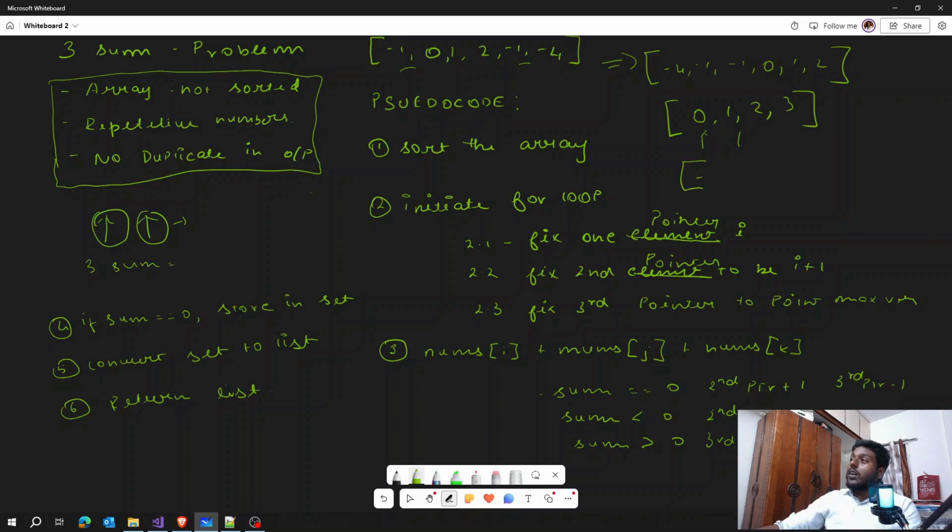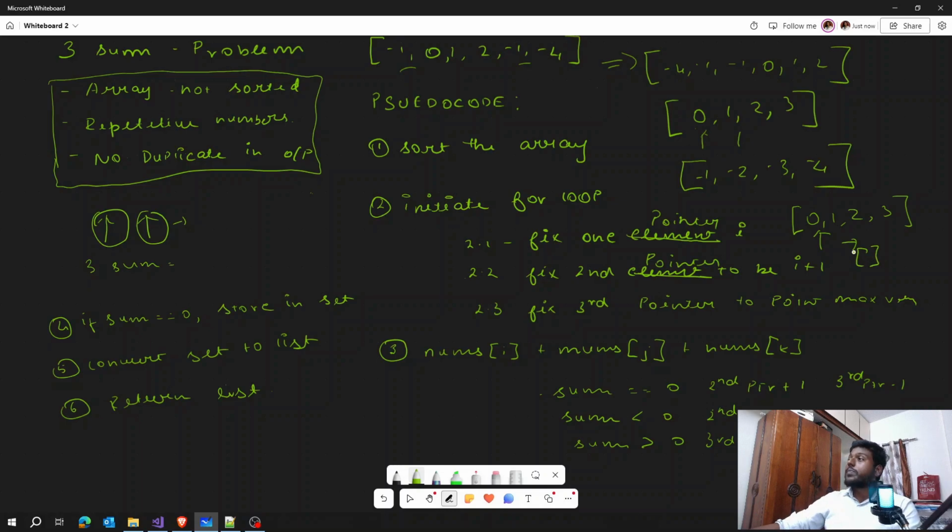Similarly, let's say we have all negative numbers. Even in this case, however many pointers you use, however much you try to add, the values are negative, so the sum will never be 0. So one smart way is to reduce the number of times the code goes through the loop. Let's make sure that after sorting, the first element is negative. If there is a negative, then there is a chance that it can be added to something and lead to 0. If it is not negative, directly return an